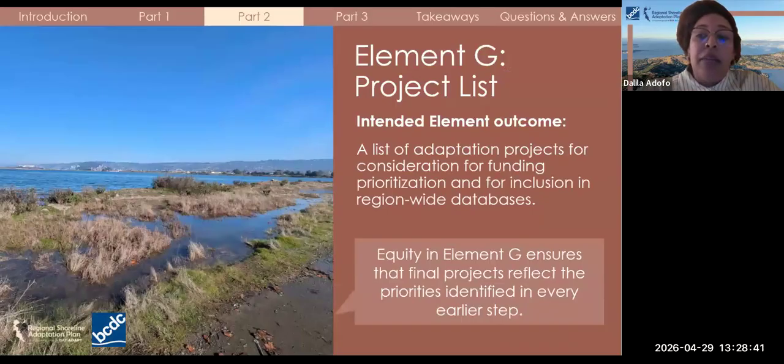The equity assessment in element G ensures the final projects reflect the full range of priorities from across the planning process and directs benefits to the communities that need them. The intent is to avoid project selection that can unintentionally favor more resourced communities and or reinforce, again, existing disparities, and make sure that who benefits first from the adaptation efforts is vulnerable communities.